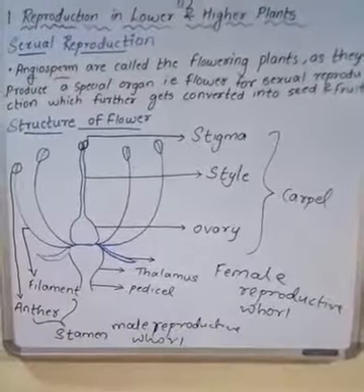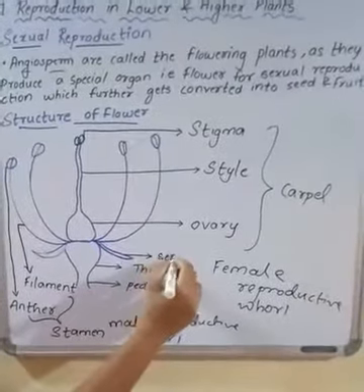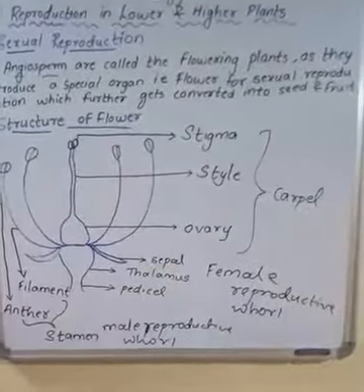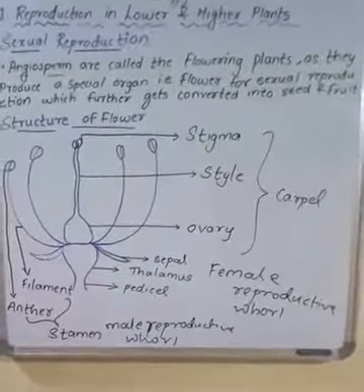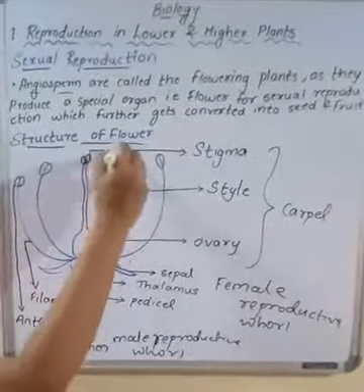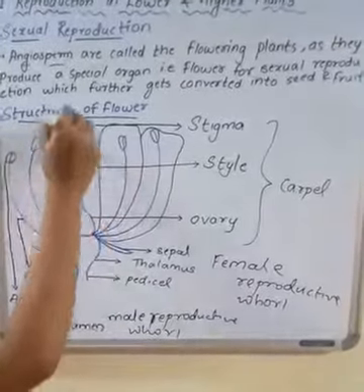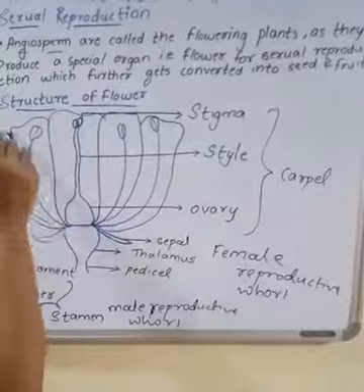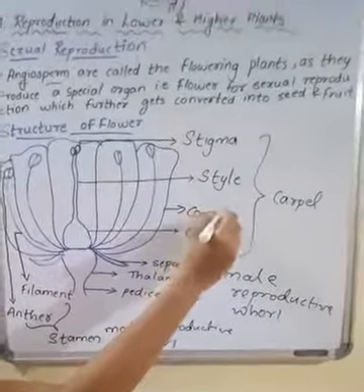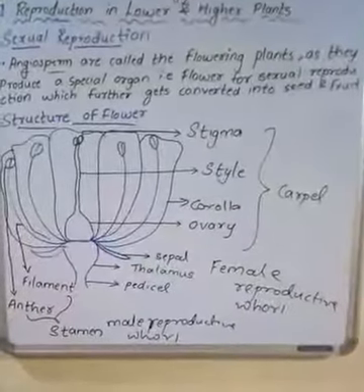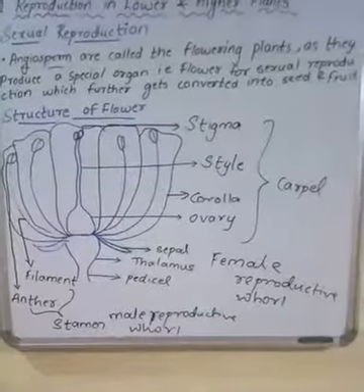Clear. What we have seen over here, one thing we have missed out, is the sepal. Sepal is the covering which protects the flower in the bud condition. Clear. Now the most important part is the petals. Petals are also called the corolla. What do we call them? Corolla. They have many colors related to them, which we see in the various plants.